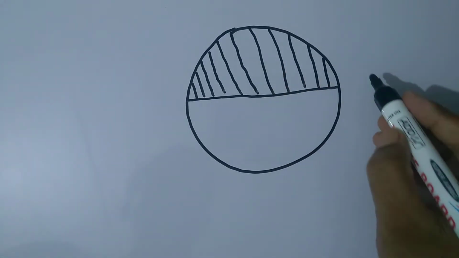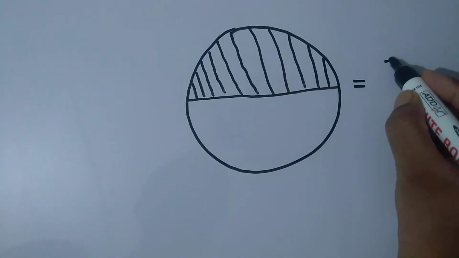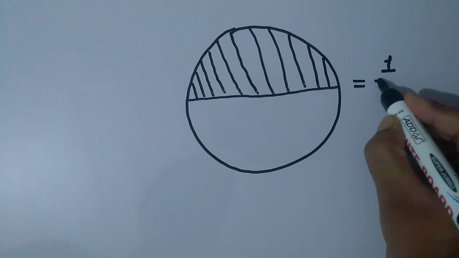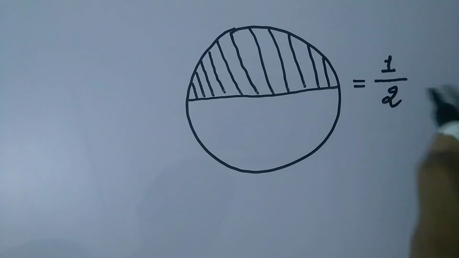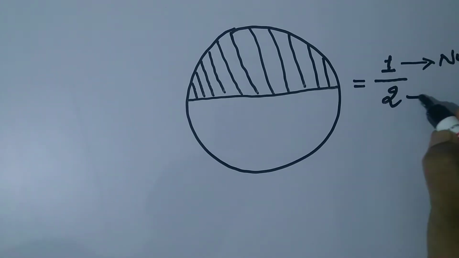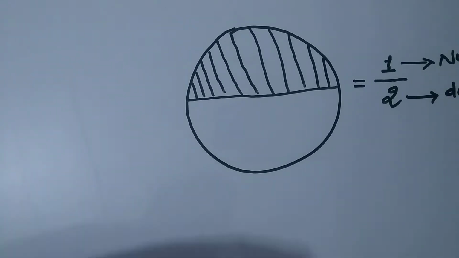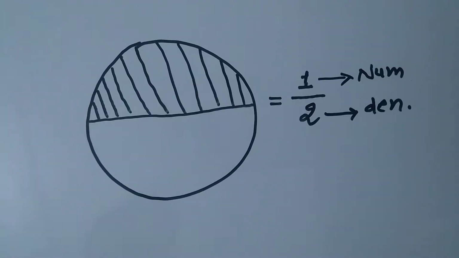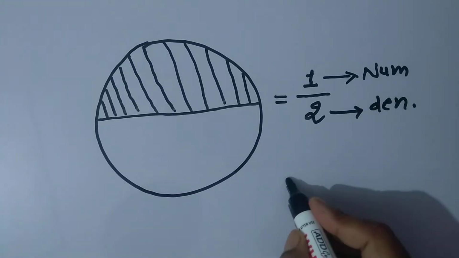Then what is the meaning of this? This means one part is shaded out of two parts of the circle. So this is the fraction. This is the proper fraction. What is the meaning of proper fraction? This part is called numerator and this part is called denominator. Okay, so numerator,